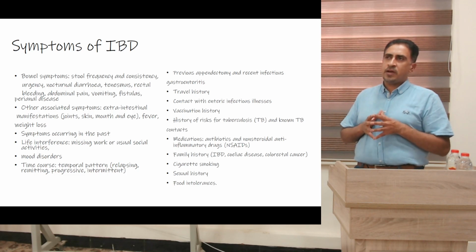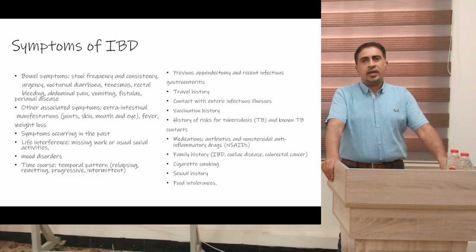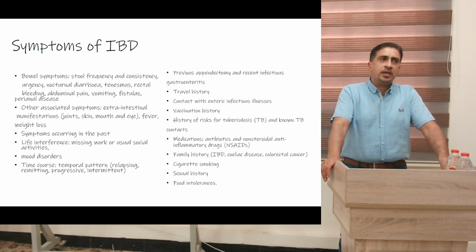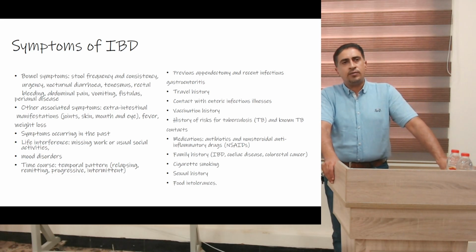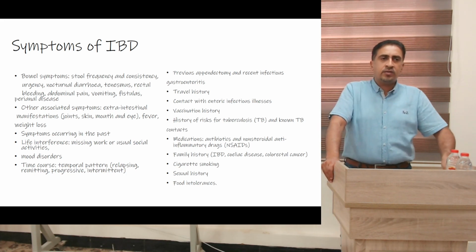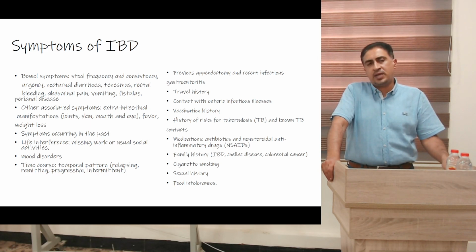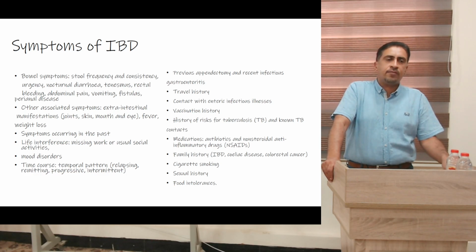You need to ask about vaccination history because patients with inflammatory bowel disease need to take certain vaccines in order to prevent flare-ups, because many patients require immune modulators and immune suppressive medications, and this allows viruses to affect them if they are immune compromised, like hepatitis B or hepatitis C. So we need to give the vaccine against those microorganisms to prevent infection when they are on immune